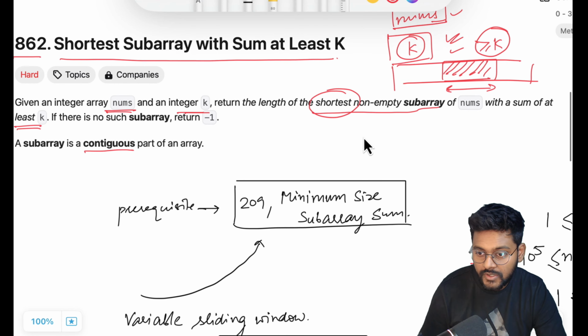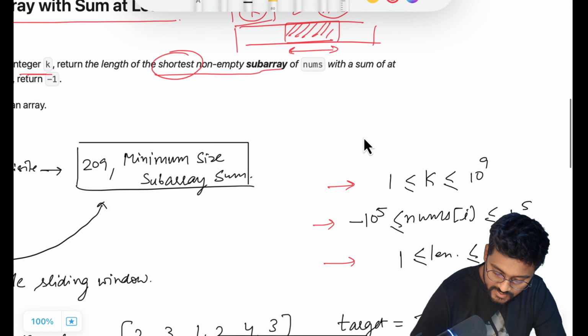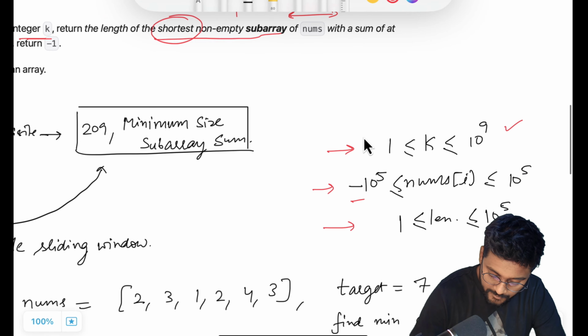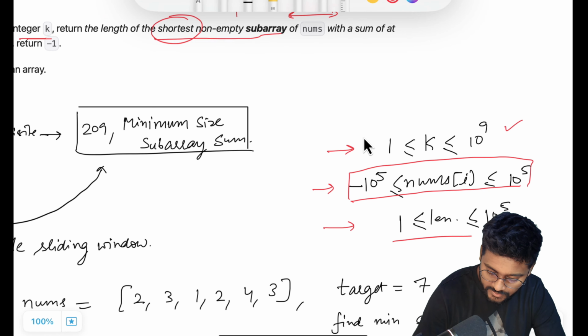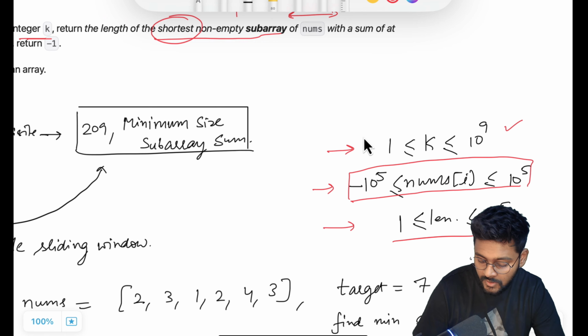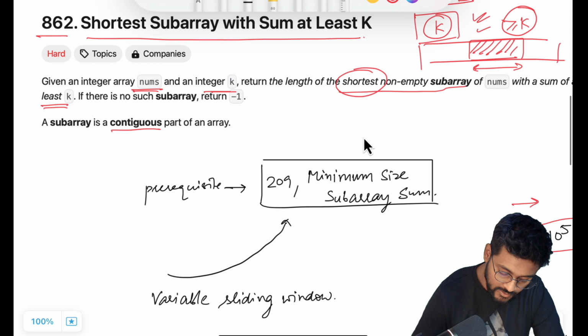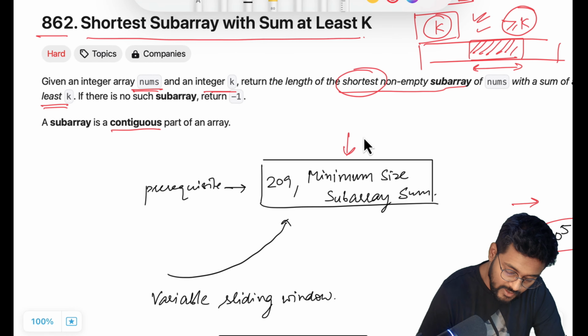Let's also have a look at the constraints. In the constraints, they are saying that the value of k will go from 1 to 10 to the power 9. It means k will always be positive, but the numbers can contain negative values, and the length of the array is going up to 10 to the power 5. So this is the catch which is making this problem hard, because this problem is pretty similar to